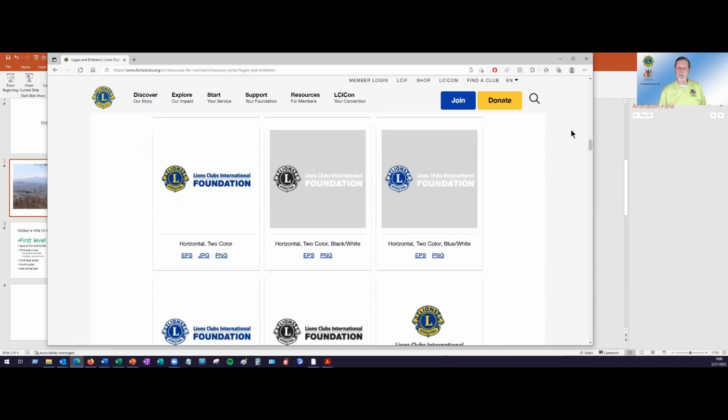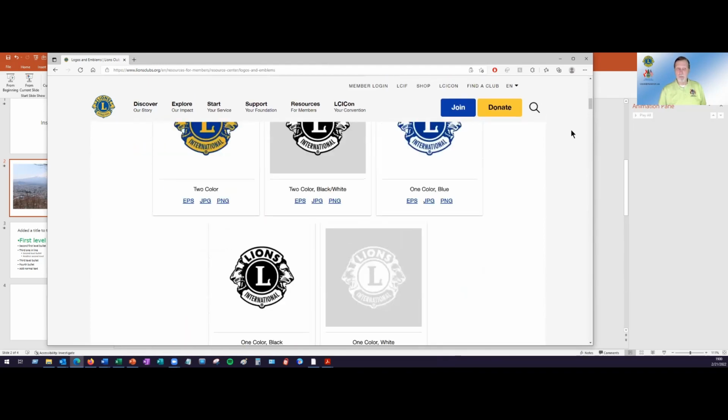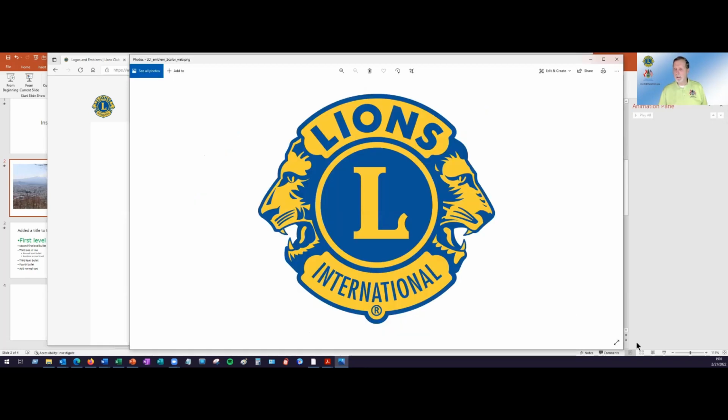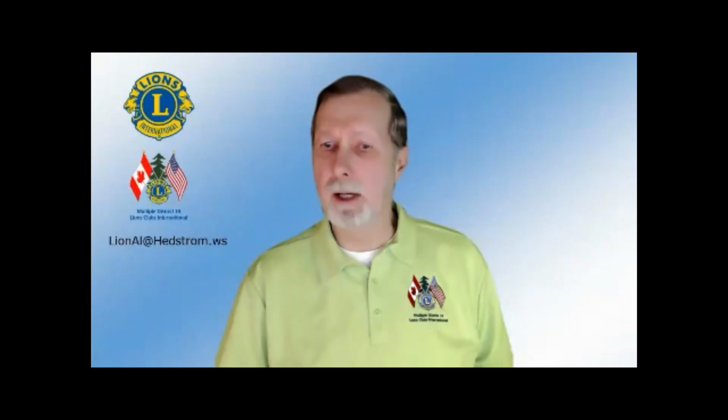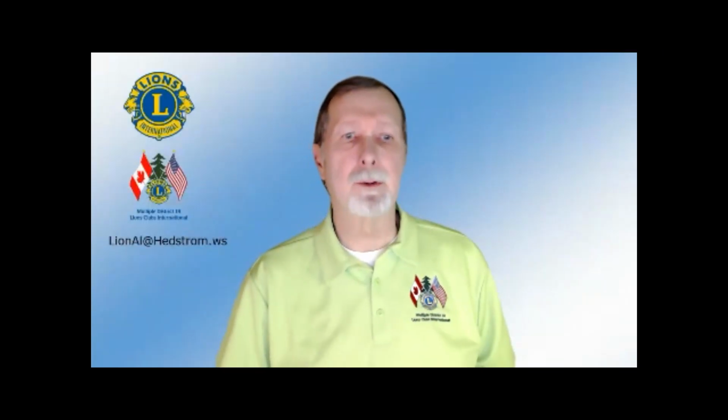Campaign 100. The format that you want for most people is going to be either JPEG or PNG. So you download either one. I'm going to pick PNG. I click on that, and of course it's going to do the download, and of course it shows up in a different window. I'm not sharing all of my. I'm just going to go ahead and share my desktop. Screen number one.